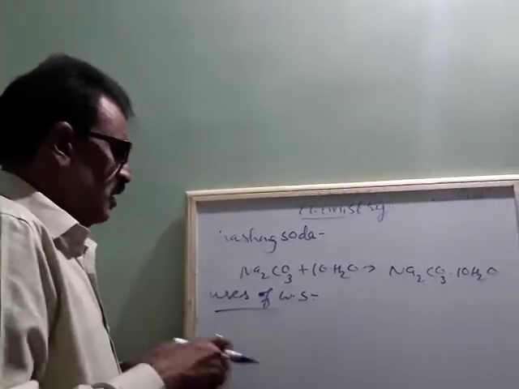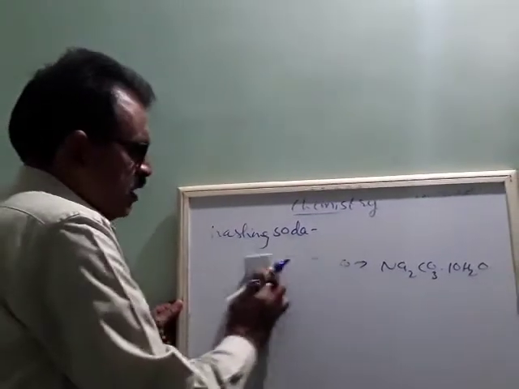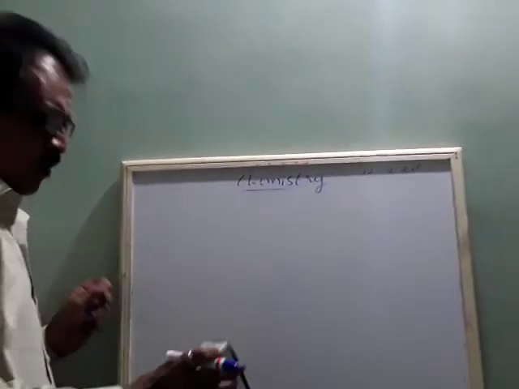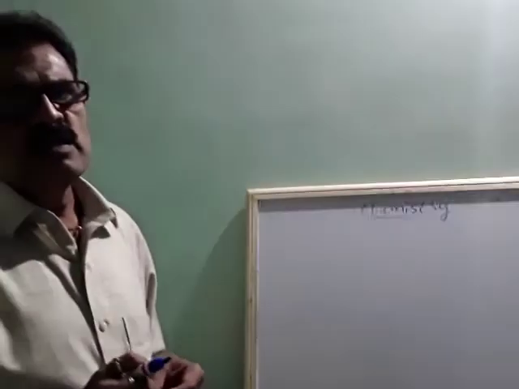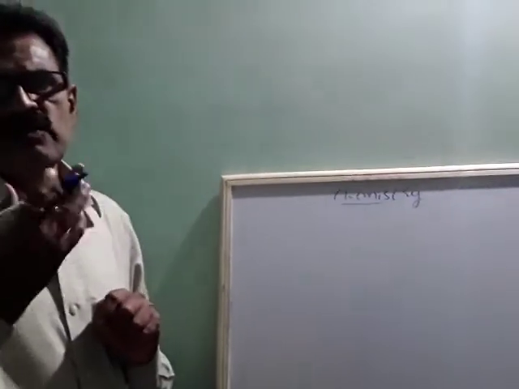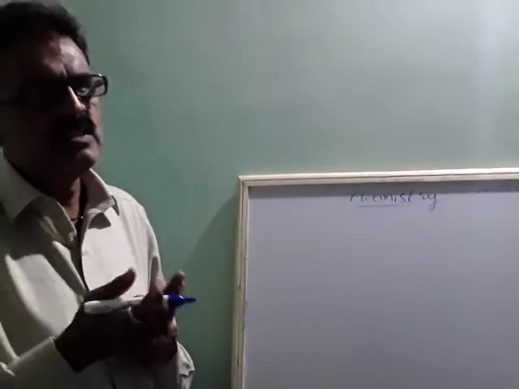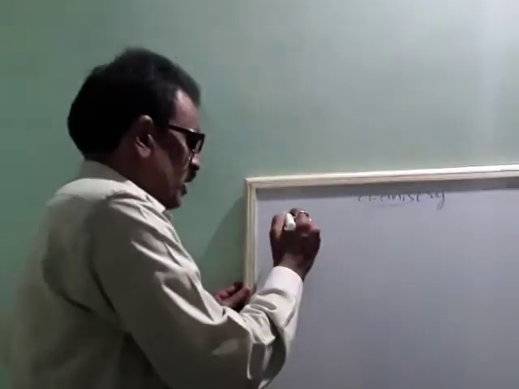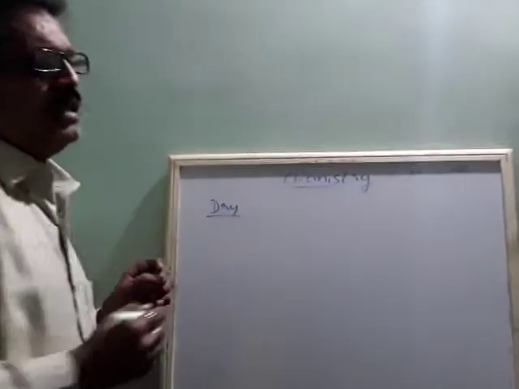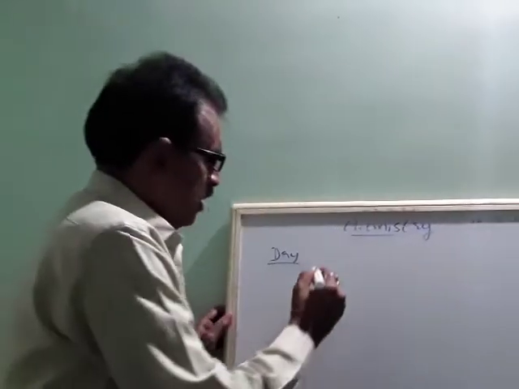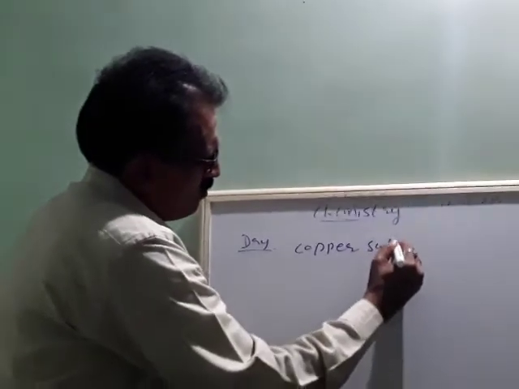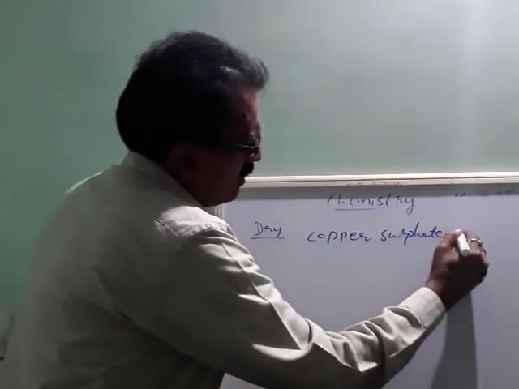Okay. Next, we will try to find one more important concept called copper sulfate crystals. These are generally which color? So are all the crystals of salts dry in nature? Are they dry in nature or wet in nature? We will try to find out. Okay. So are they dry? See, especially we will take a nice example of copper sulfate crystals. Okay.